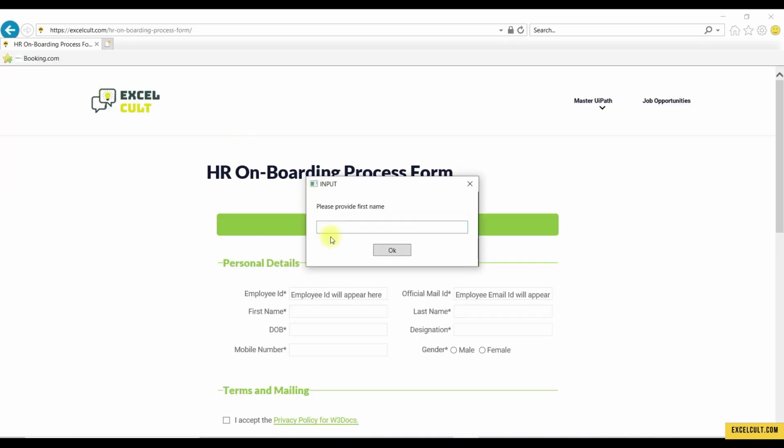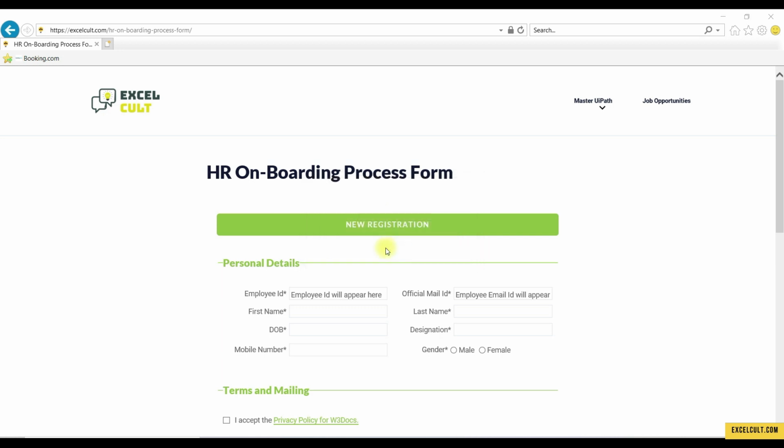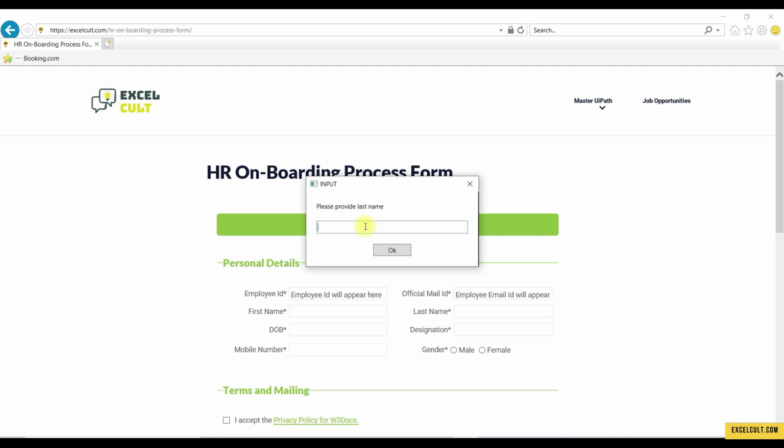As soon as we run it, it should be asking for the first name, which is Suresh, and then the last name is Reddy, and then date of birth is 09/08/1990 maybe. Okay, and then designation, which is engineer,